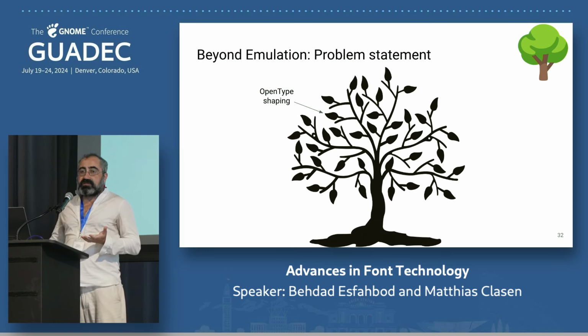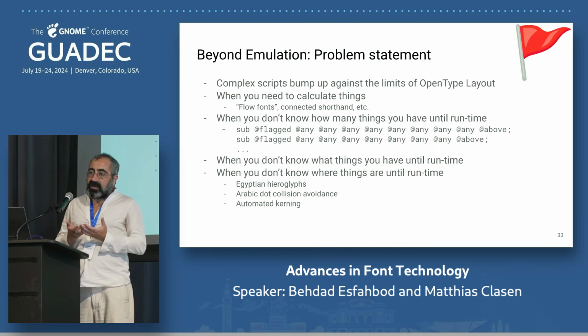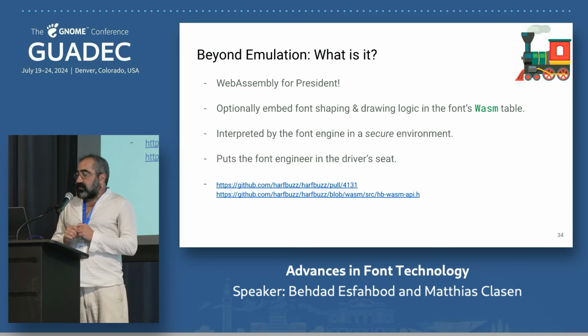And this is not a theoretical problem. There exist actually active problems, especially with Arabic typesetting, that you can't express in OpenType. You bump against the limitations, and even if we decided to standardize a solution, as we mentioned, that takes 10 years. But the problem is,